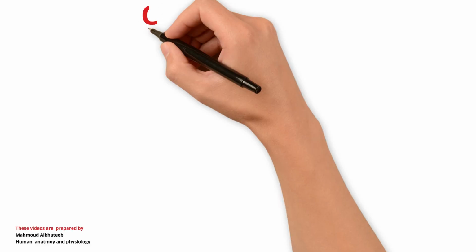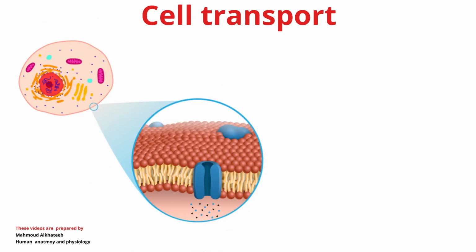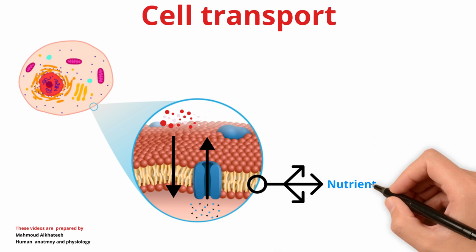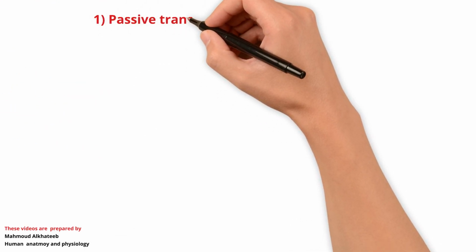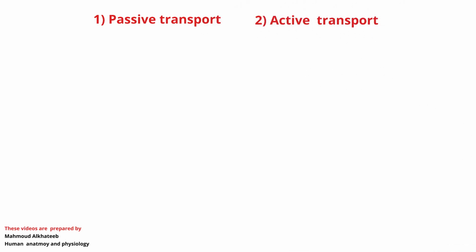In this session, we'll be diving into the essential topic of cell transport mechanisms across the plasma membrane. In general, cell transport mechanisms across the plasma membrane are essential for maintaining homeostasis, allowing cells to acquire nutrients, expel waste, and regulate their internal environment. These processes are divided into two categories: passive transport and active transport. Each of these mechanisms plays a unique role in cellular homeostasis depending on the type of molecule being transported and whether energy is needed or not.